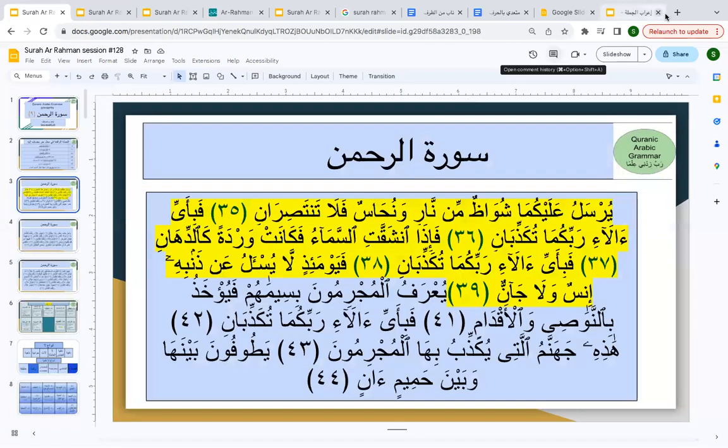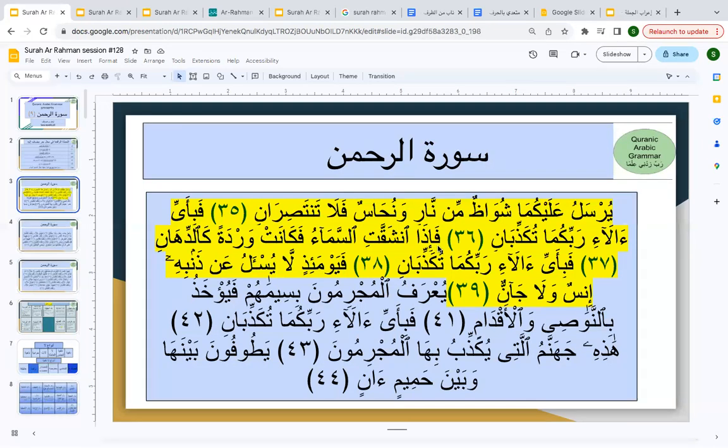When we look at these words, فَإِذَا انشَقَّتِ السَّمَاءُ, do you think that this fa is connected to whatever is before, or this is a beginning of a new topic? What do you think about it? It's a new topic, new beginning, right? Everyone, don't feel forced. If you are not understanding it,